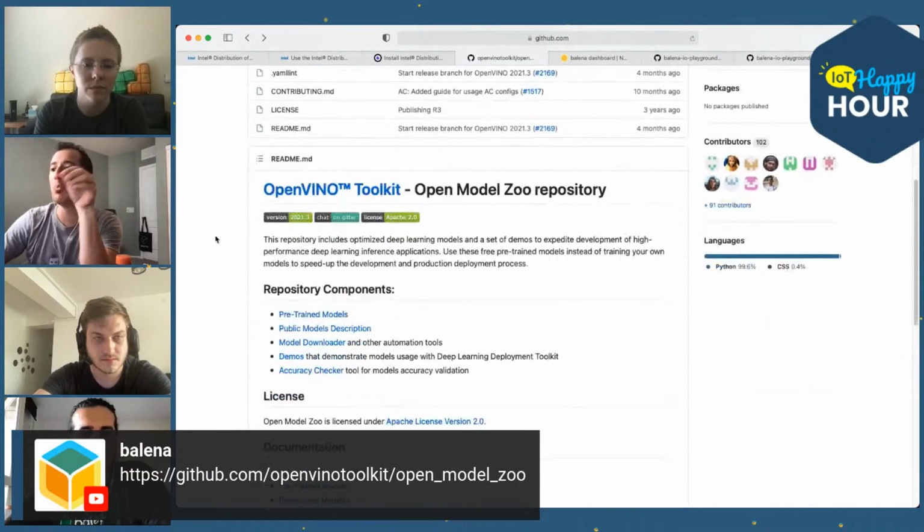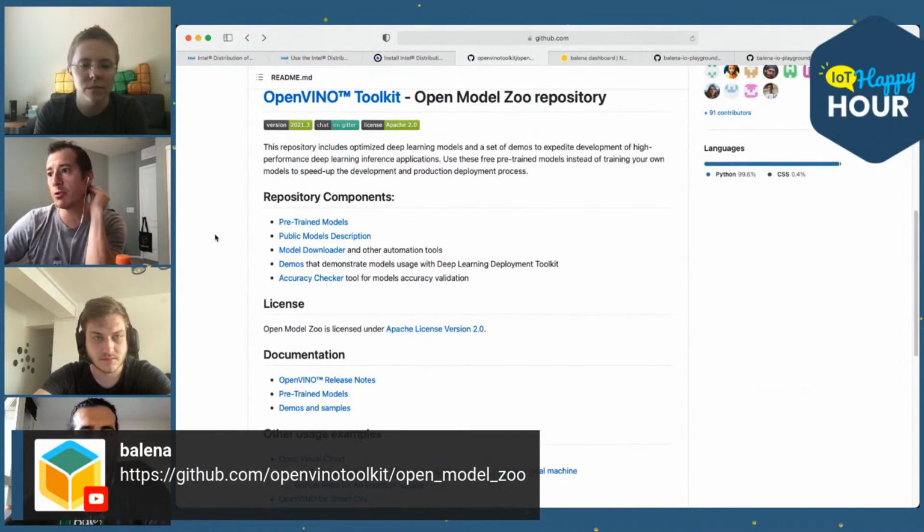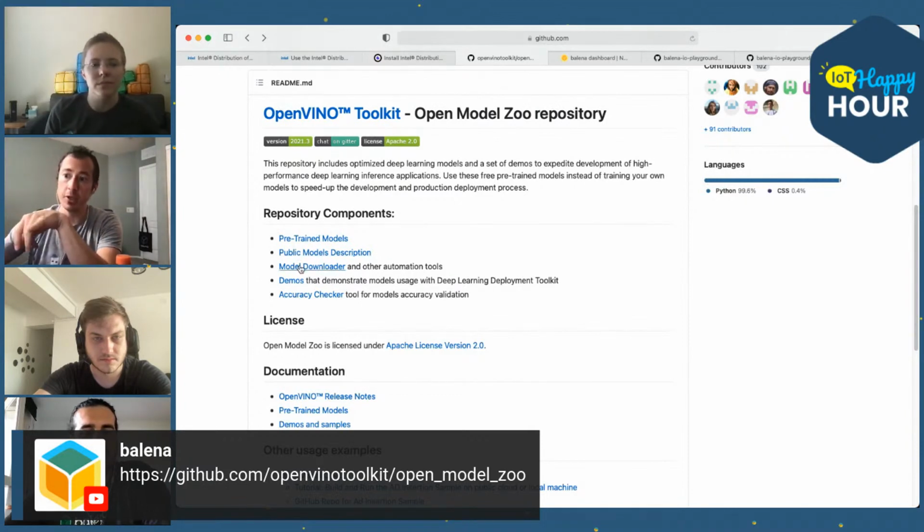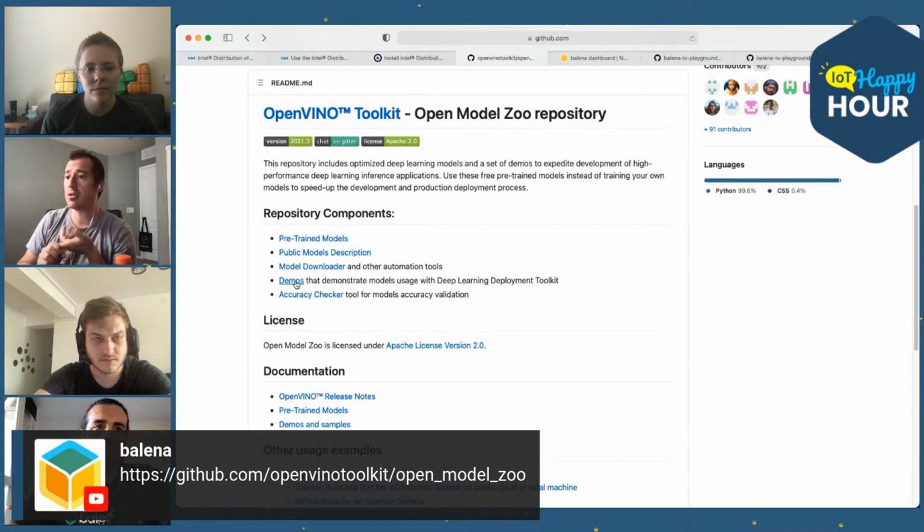But they have the Open Model Zoo, and this repository is full of pre-trained models, public models, a downloader to get the models, and demo applications and sample applications to run, like object detection, semantic segmentation, gesture recognition, colorization, and speech to text.